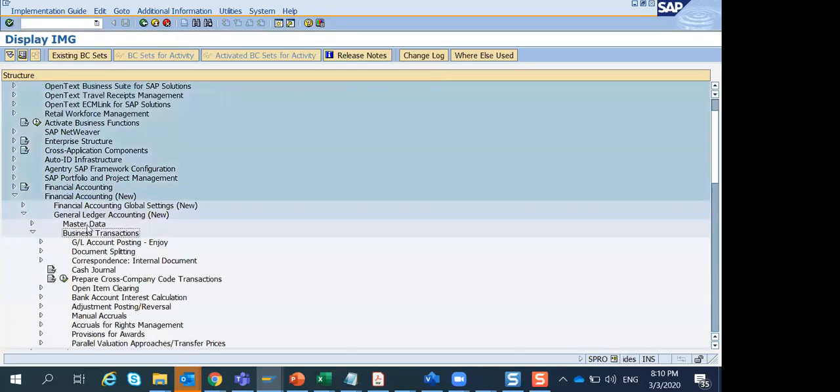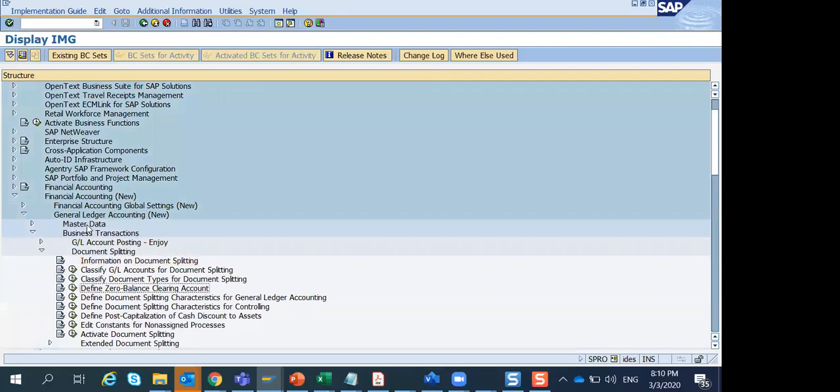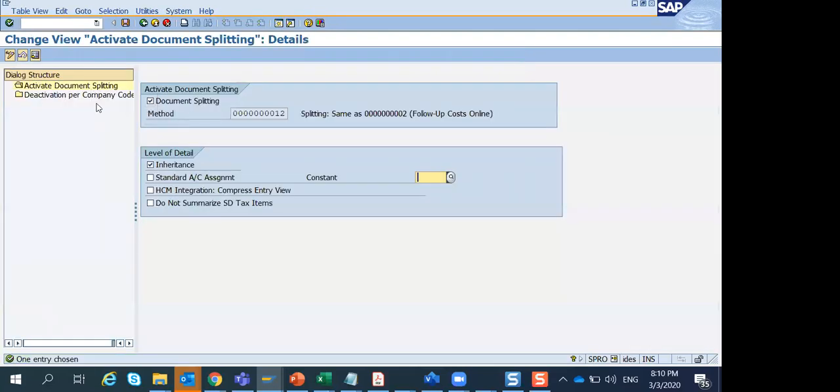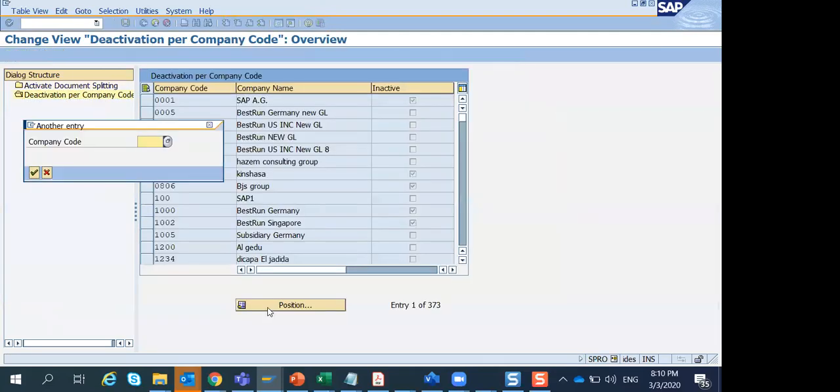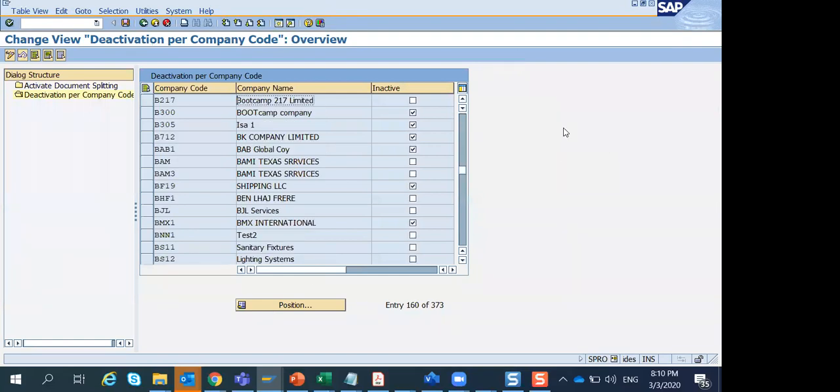Generalize a new business transaction. I want to deactivate my company code. I want to do it before and after, just to make sure that you guys get it. So I'm going to come here and double click here. I'm going to find my company code, which is B217, and I'm going to inactivate my company code. Okay, I inactivated my company code, and now I'm going to go create,